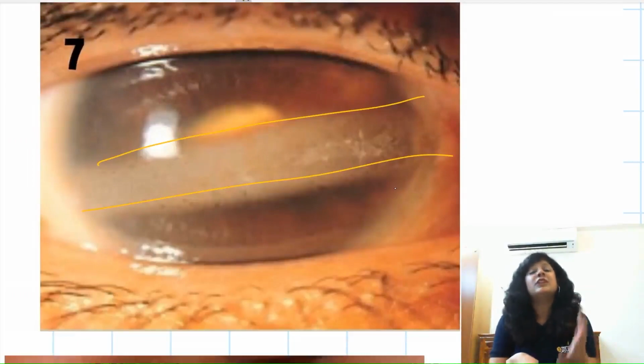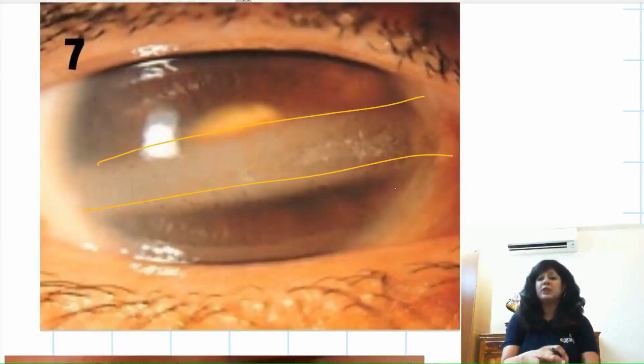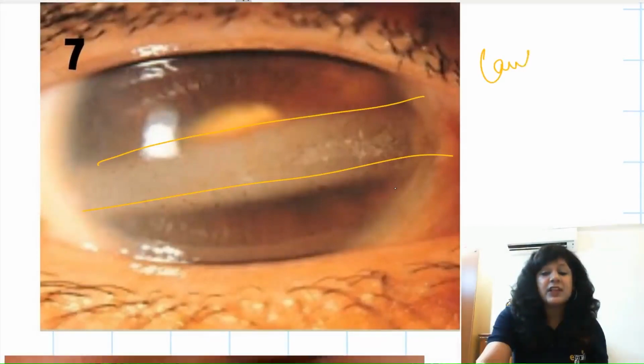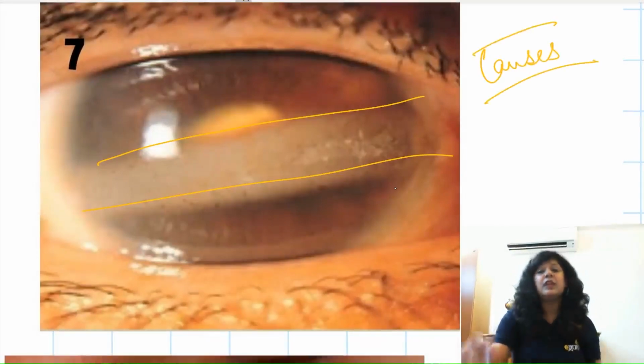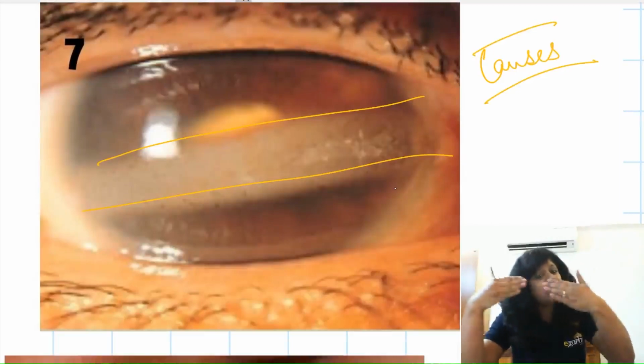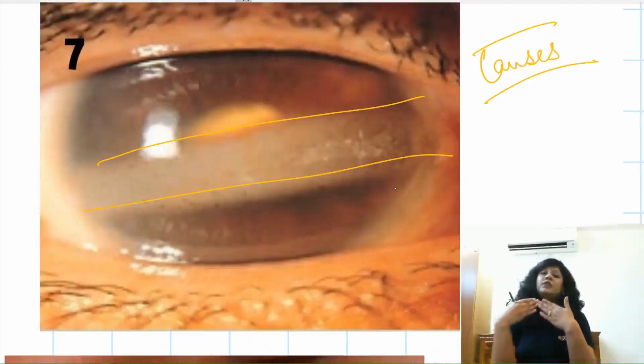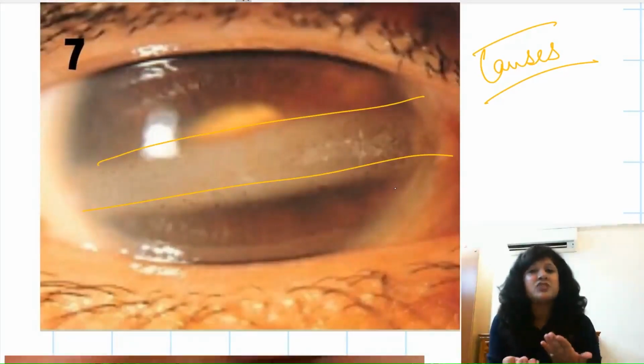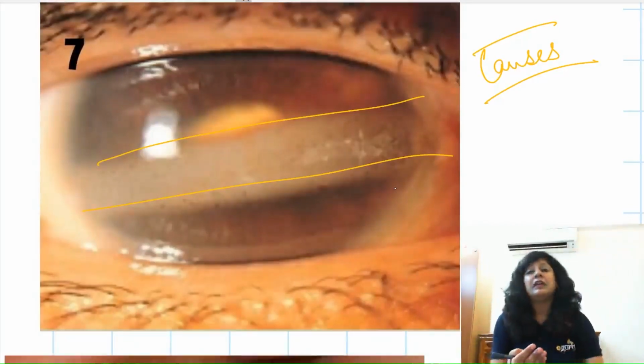So obviously those conditions where we have more calcium: vitamin D toxicity, hypercalcemia, sarcoidosis, chronic keratitis, chronic uveitis, all these things are very, very important. Especially the causes are very important for band-shaped keratopathy. This band starts from the limbus and eventually merges in the center. And for the treatment, you will give chelating agents, EDTA, and if that is not helping, we can do keratectomy.